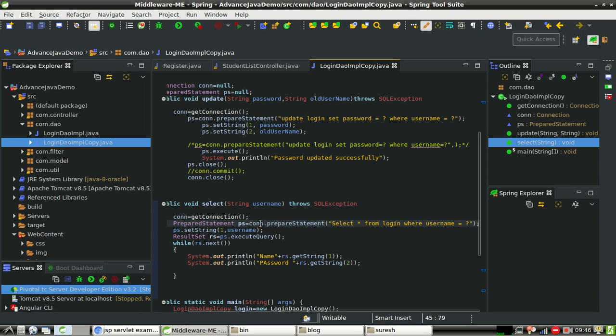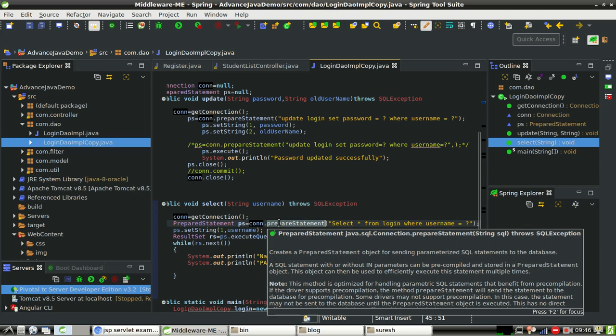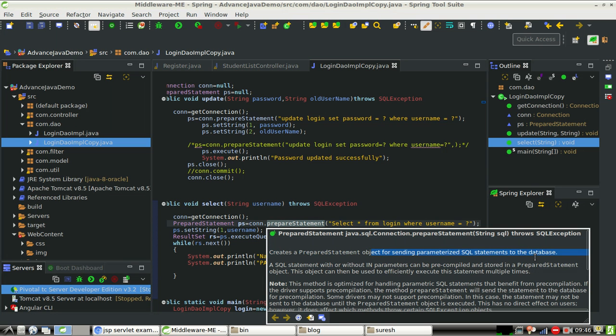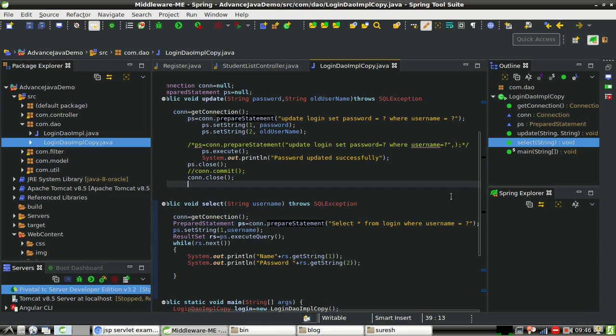So as you got the idea, the connection object has the prepareStatement method. This method is used for sending parameterized SQL statements. Parameterized means these are the parameters, question mark, equal to this, and I'm passing username to this. How will I bind the question mark to this? ps.setString(1, username), that stands for the first question mark in this query being replaced by username. And then earlier I used execute just because I needed to update. To get the records, we use executeQuery.